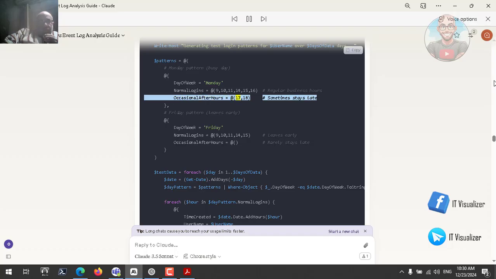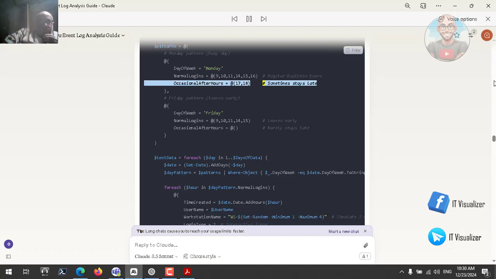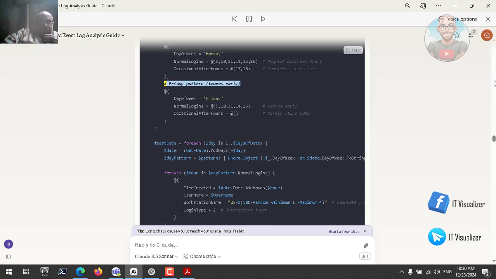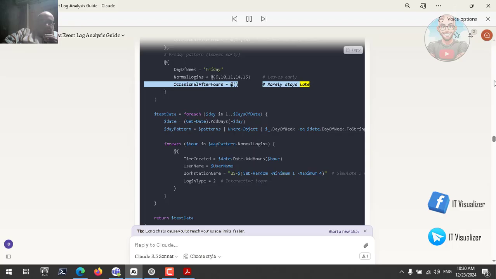OccasionalAfterHours = @(17, 18) # Sometimes stays late. # Friday pattern - leaves early. DayOfWeek = "Friday"; NormalLogins = @(9, 10, 11, 14, 15); # Leaves early. OccasionalAfterHours = @() # Rarely stays late